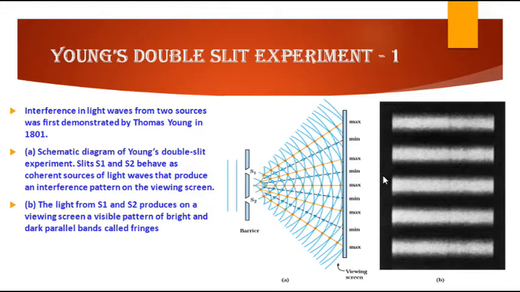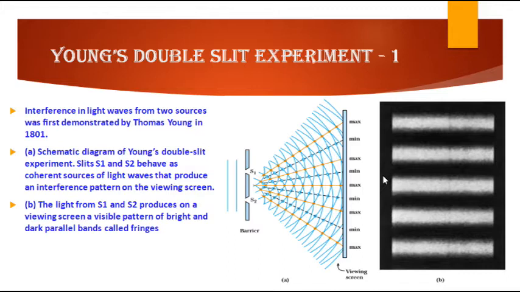You can see this is a viewing screen where maximum and minimum are written. And B is the diagram where the light from S1 and S2 produces on the viewing screen a visible pattern